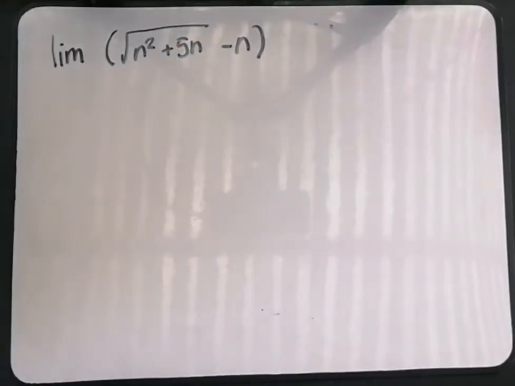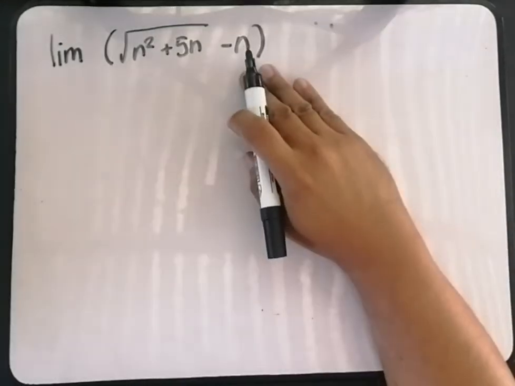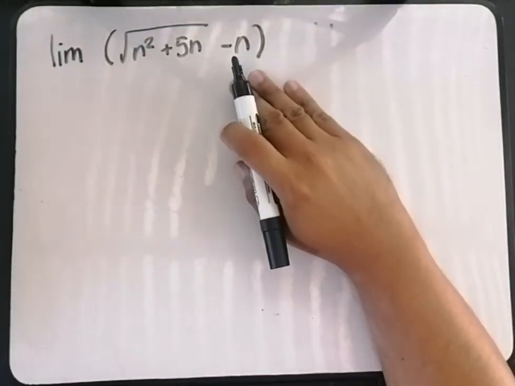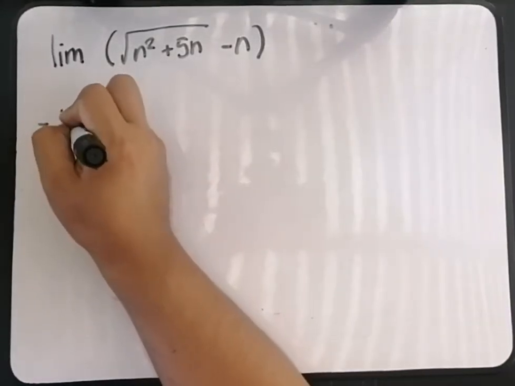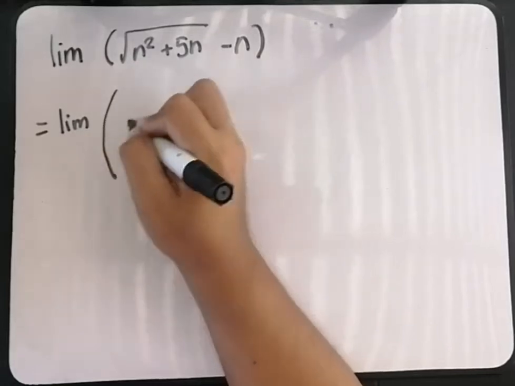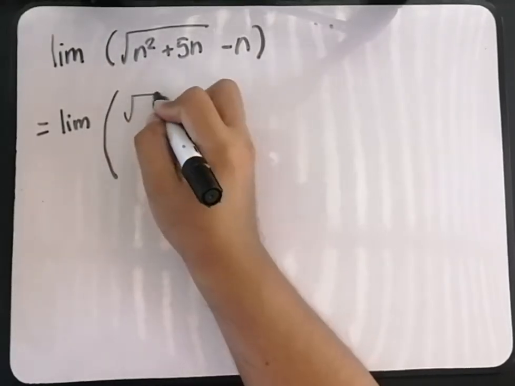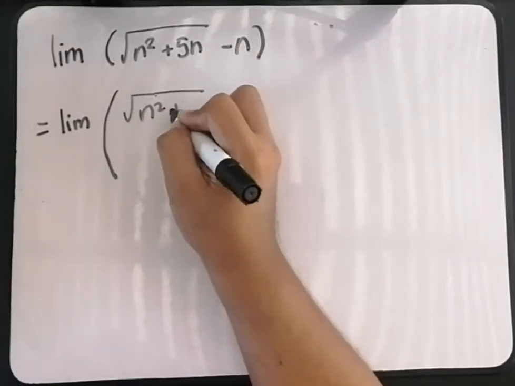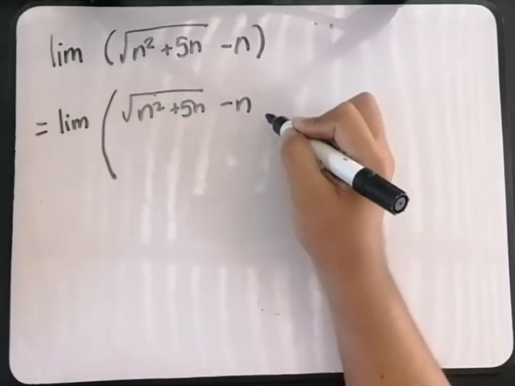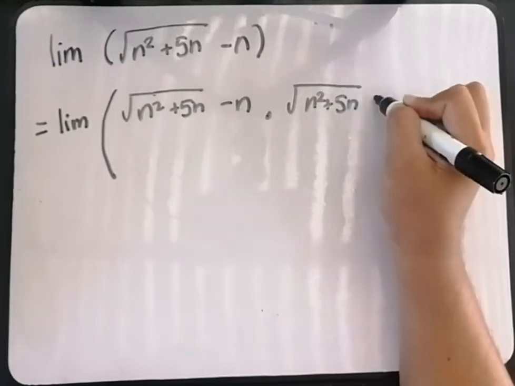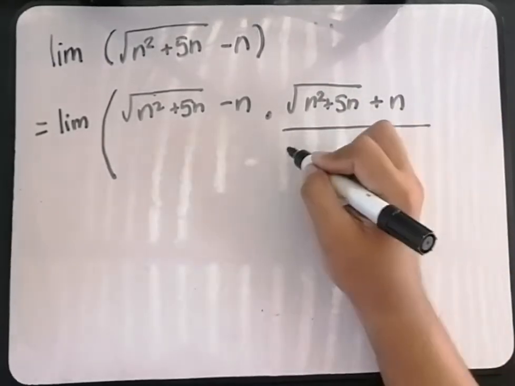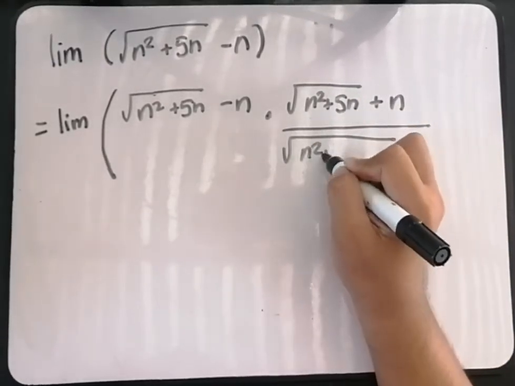So we wish to find the limit of the sequence square root of n squared plus 5n minus n. Since this is not convergent, so gawa tayo ng paraan para maging convergent ito. Note that if we multiply the conjugate, so we have square root of n squared plus 5n plus n over the square root of n squared plus 5n plus n,